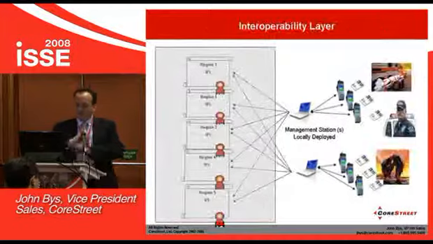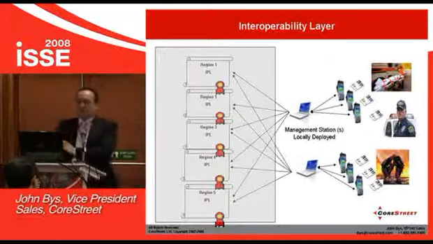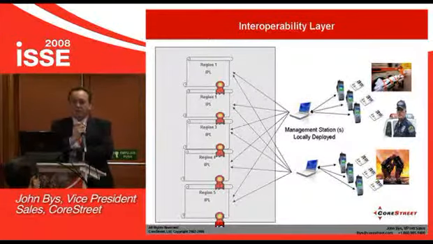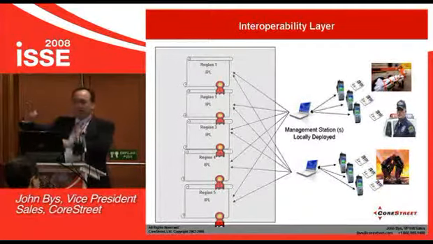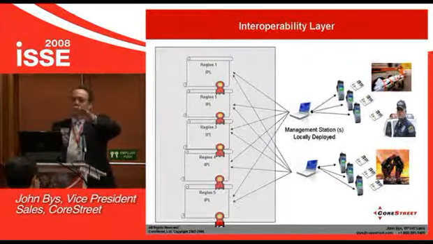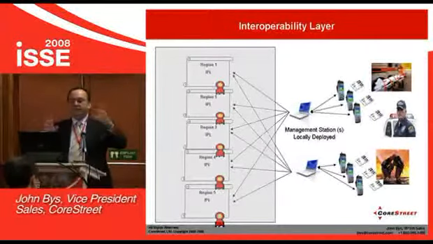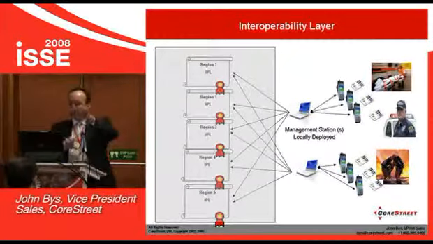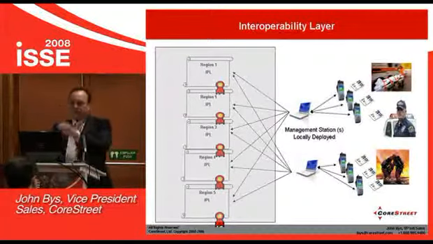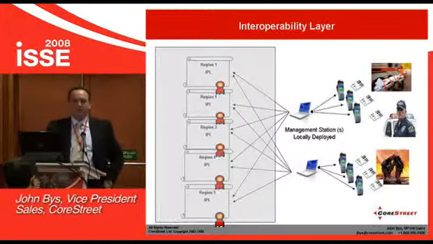Actually, I've got a little ahead of myself. I forgot to address the fact that once we start doing this, each region can actually share these across regions as well. So it's the same model, right? When we looked at validation, we're using the standard, and we can share that information from country to country, from organization to organization. Well, the same thing with identity and privileges. Once we establish that, I can now share that information across regions, across countries, across organizations in a manner that's consistent with the deployment model in the field.